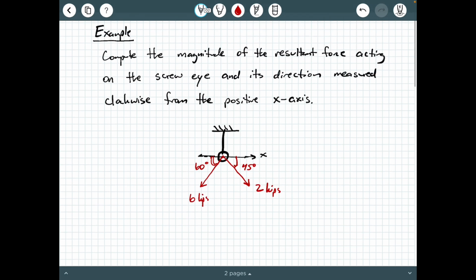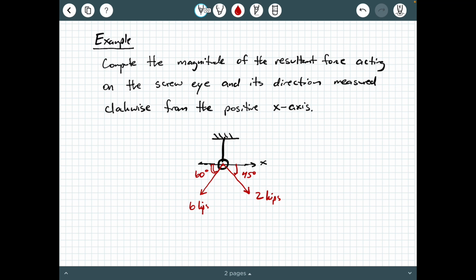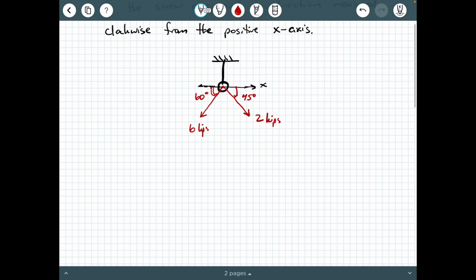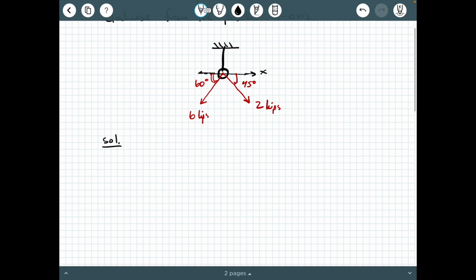And again, here are our directions. Maybe pause the video and write these down and really think about what we're being asked to do here, okay? So let's go ahead and get started. Under solution, the first thing to notice is the